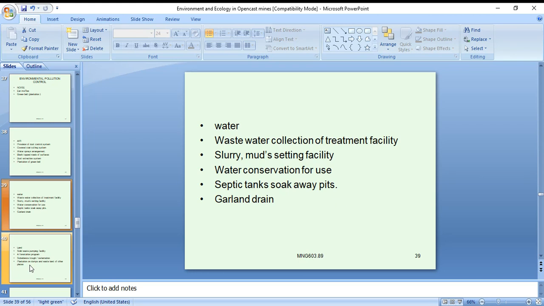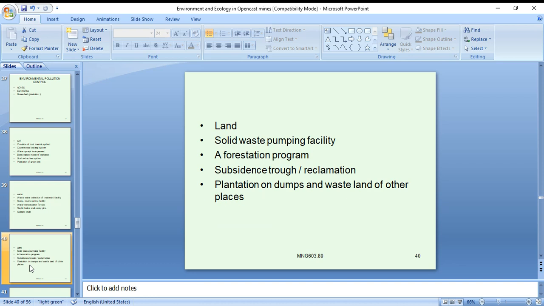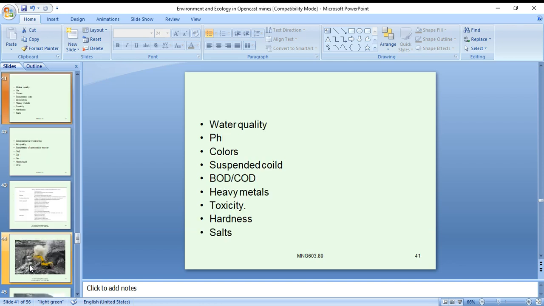Water: wastewater collection and treatment facility, slurry, mud, settling facility, water conservation for use, septic tanks, soak away pits, garland drainage. Land: solid waste dumping facility, afforestation program, subsidence reclamation, plantation on dump and wasteland at other places.